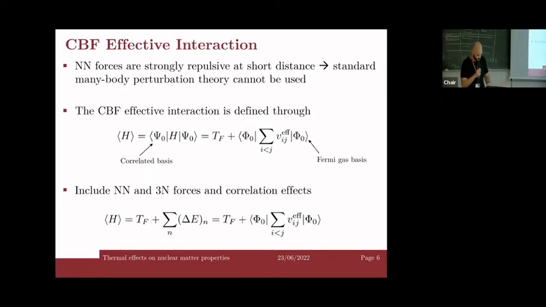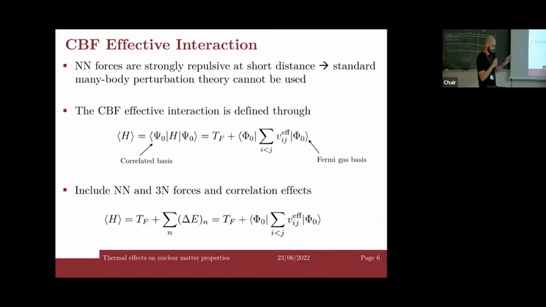But also we have this Hamiltonian, and the next question would be, how can we extract properties of this Hamiltonian? How can we compute, for example, the ground state energy of the system, the pressure, etc.? There are different techniques to do that, actually. For example, the APR equations of state use a technique called Fermi hypernetted chain, while here we use a different technique, which we call CBF effective interaction, which stands for correlated basis functions effective interaction.